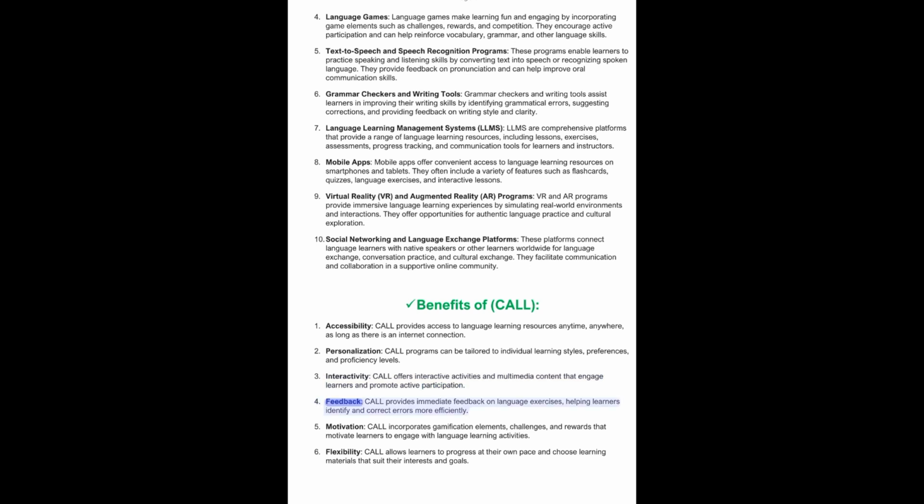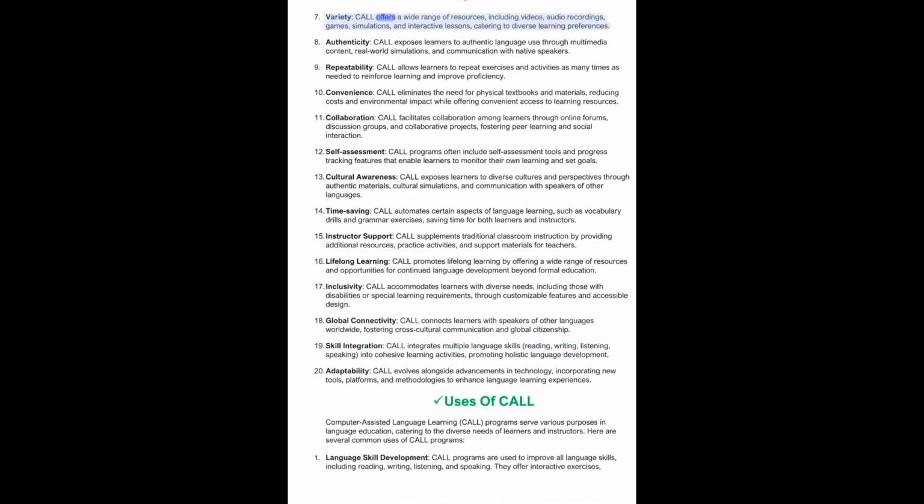4. Feedback. CALL provides immediate feedback on language exercises, helping learners identify and correct errors more efficiently. 5. Motivation. CALL incorporates gamification elements, challenges, and rewards that motivate learners to engage with language learning activities. 6. Flexibility. CALL allows learners to progress at their own pace and choose learning materials that suit their interests and goals. 7. Variety. CALL offers a wide range of resources, including videos, audio recordings, games, simulations, and interactive lessons, catering